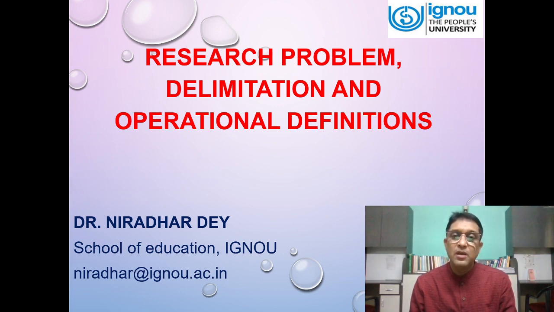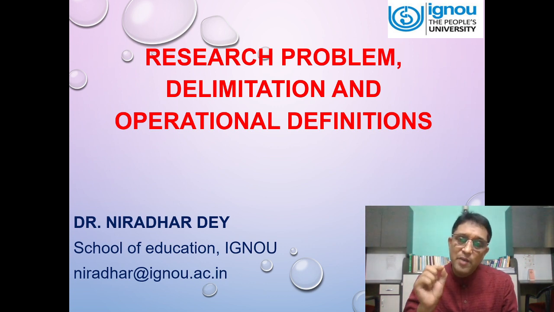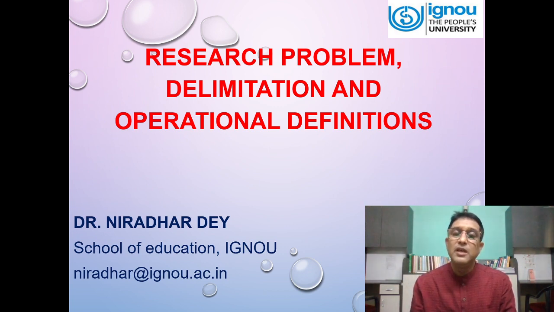In this course, I have already discussed in my earlier program that you have to do two important things. First, you have to prepare a research proposal. Then, after getting the approval of the research proposal, you have to carry on your research work. You have to implement that proposal in the field. You have to do a piece of research. Then you have to write the report of the dissertation, the research that you conducted, and submit that report at the concerned regional center.